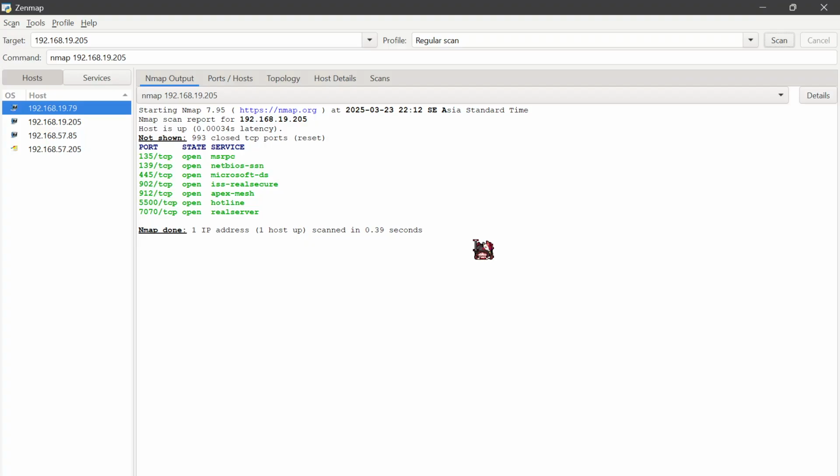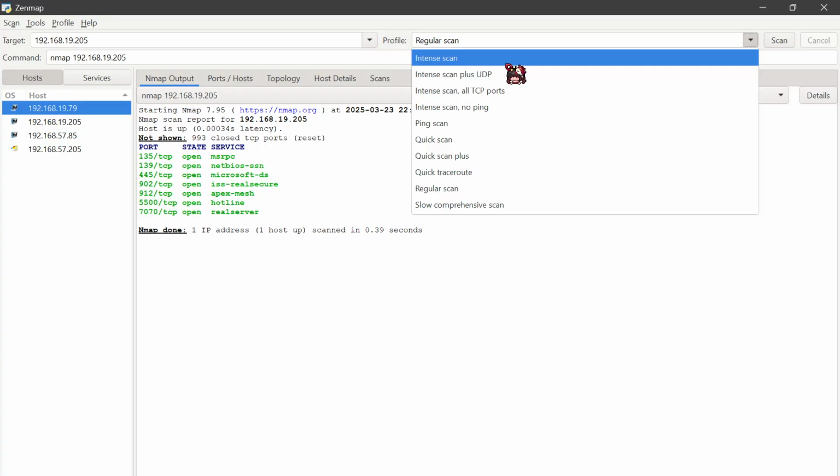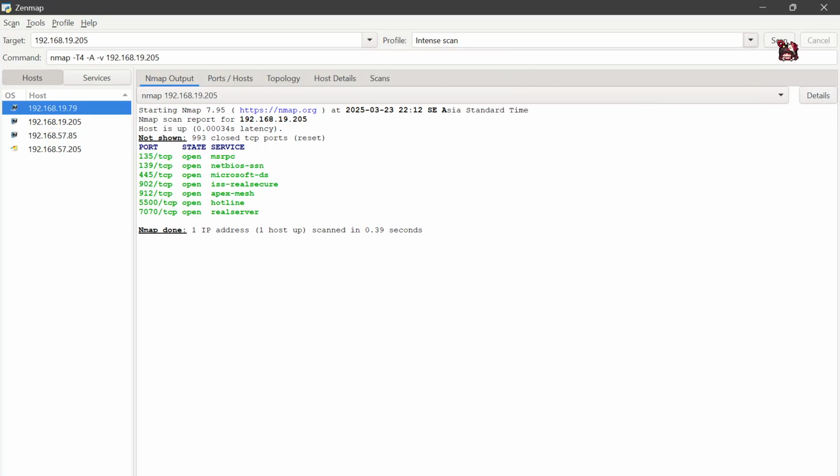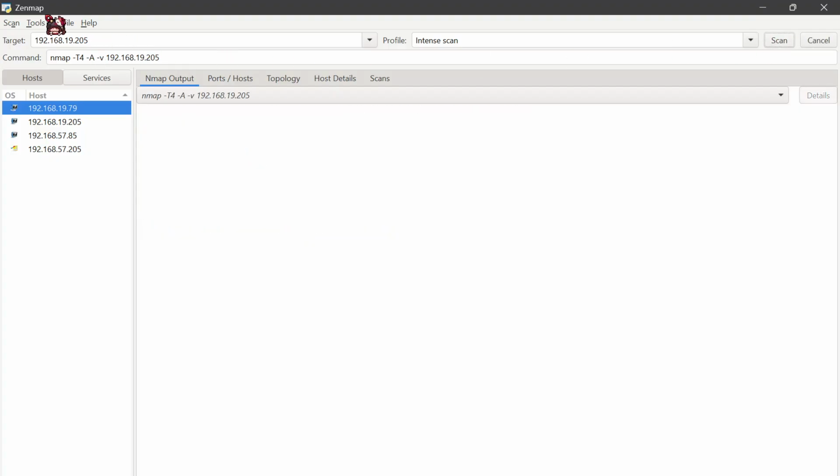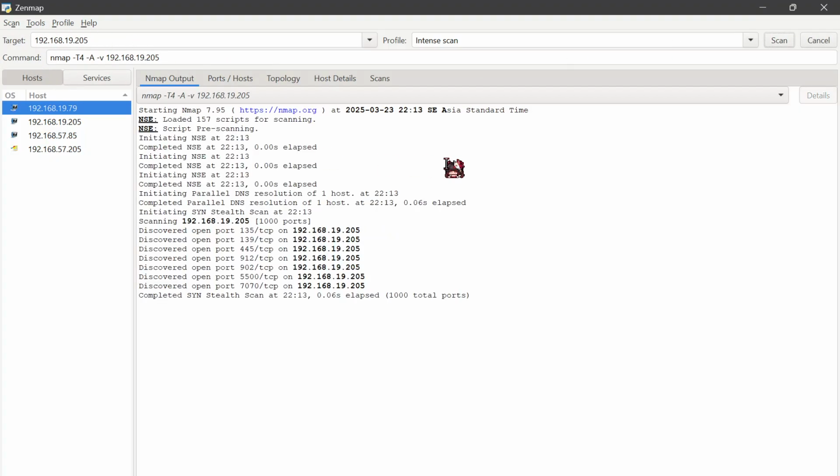Okay, the next step, we change the profile to intense scan. Here. Then we just scan it without changing the target. Then we just wait a little bit.